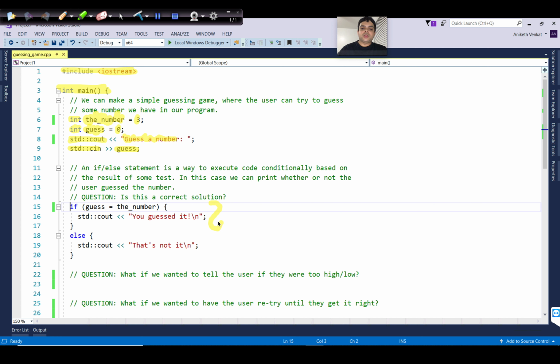Next, we will check whether the user guessed the number or not, and we will either print "you guessed it" or that you did not. To do this, we will use an if-else statement. An if-else statement begins with if followed by a condition within parentheses, and then within curly braces we will write code that we want to execute when the condition is satisfied. Here we will print "you guessed it" when the condition is satisfied,